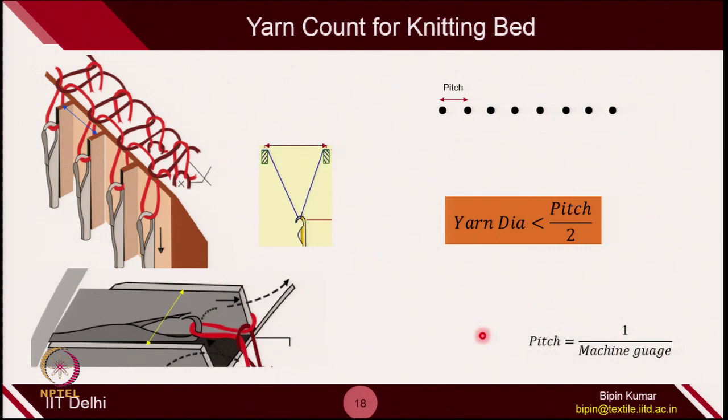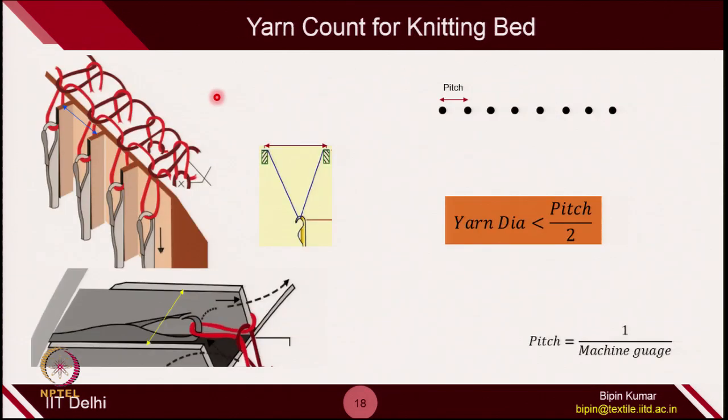If the yarn diameter is very thin, then there will also be a problem, because it may break easily, as the needle will result in a very harsh action on the very thin yarn. So, we cannot have much thicker yarn and also we cannot have much thinner yarn. We have to play carefully within a certain range, so that a particular yarn can run smoothly on that machine.